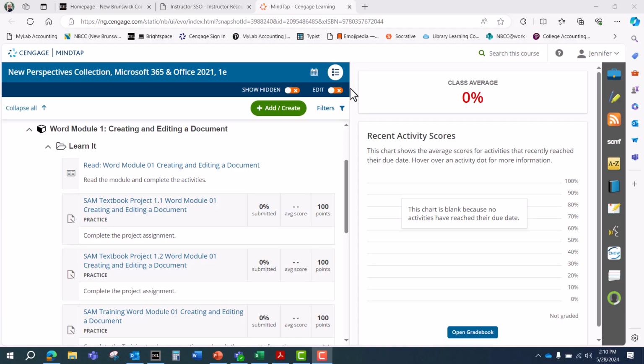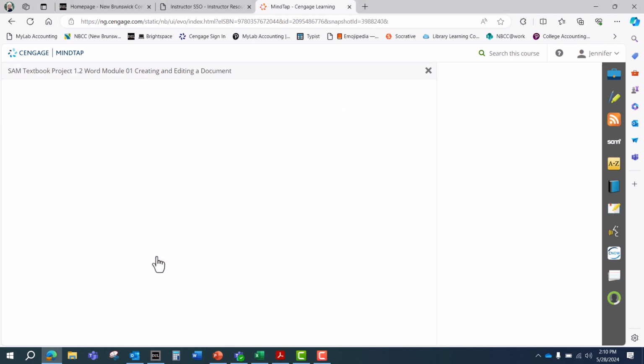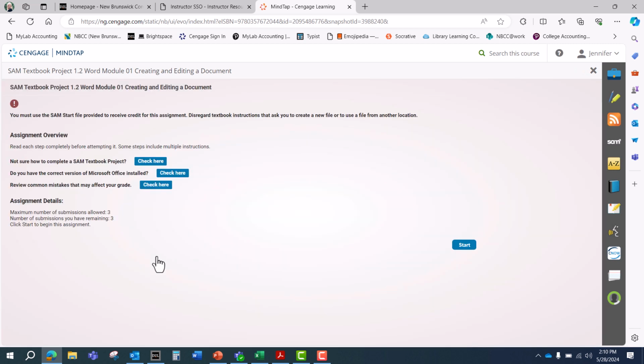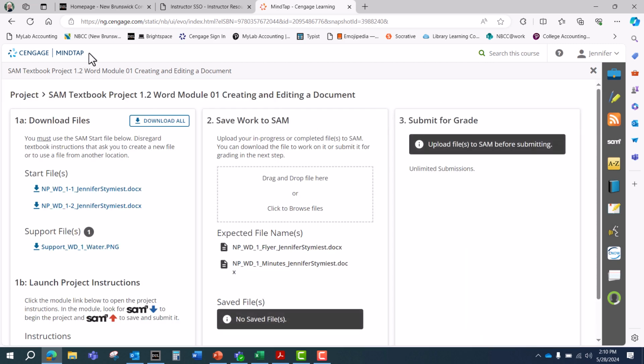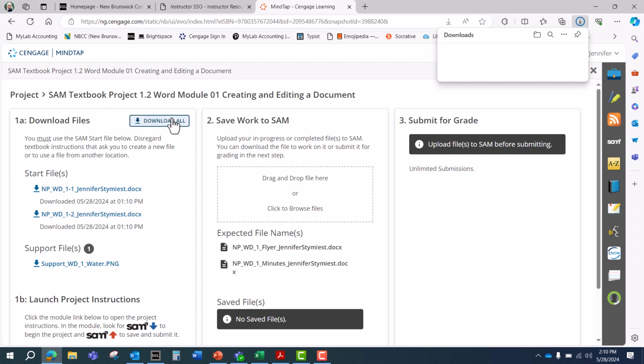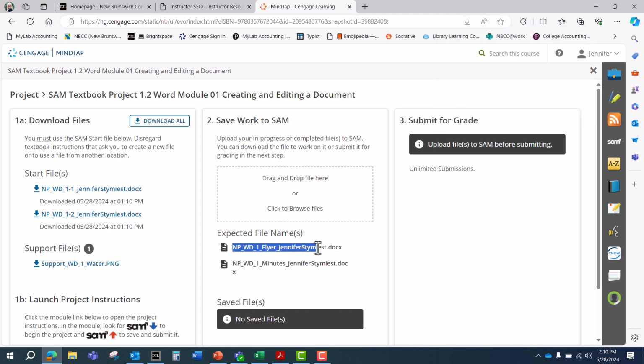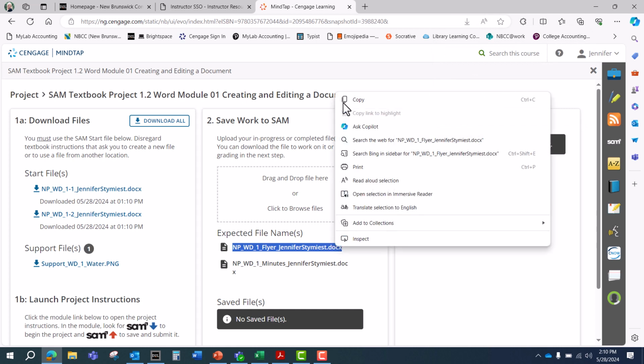Right, we are going to work on Word Module 1.2, the SAM textbook project. So I'm going to click on the link here in Mind tab, click Start, and I'm going to download all my files. And the first one we're going to work on is the flyer. So I am going to copy and paste this file name,